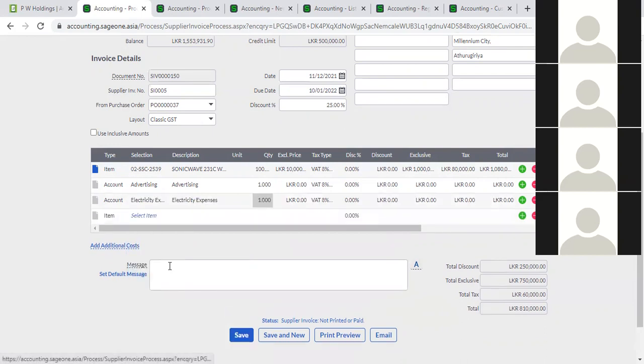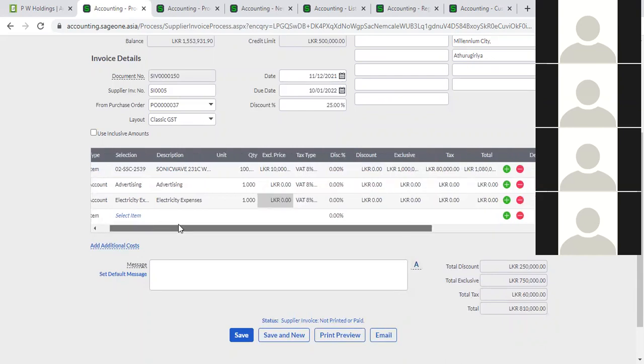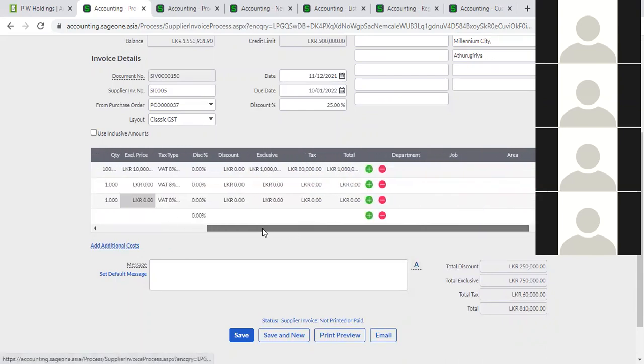Okay, like that. If you want to enter any item or GL account, you can change the type and select that relevant item or GL account. Right. Next,